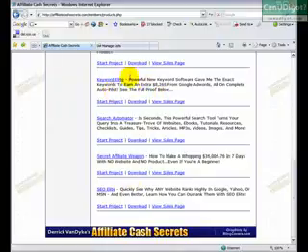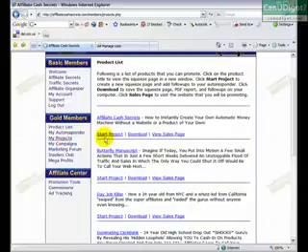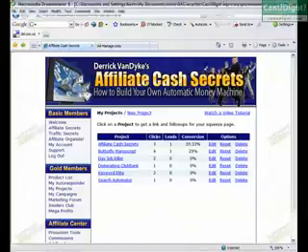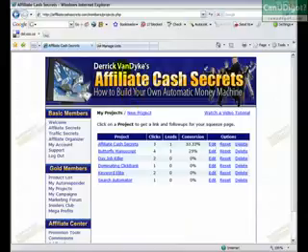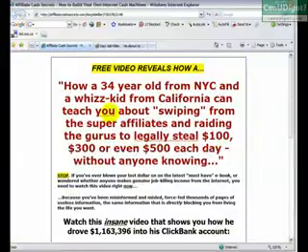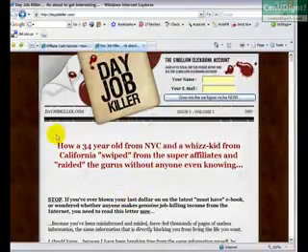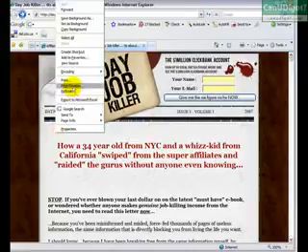Now, I'm going to walk through the process. Like I said, I've already set up several of these projects. Now, obviously I'm pretty well versed in HTML. I use Dreamweaver. That's not a tough thing for me, but it is time consuming. In the case of Day Job Killer, like I said, this is a 34-page sales letter, and if I was going to make my own squeeze page for this, what I would do is I would view the source,